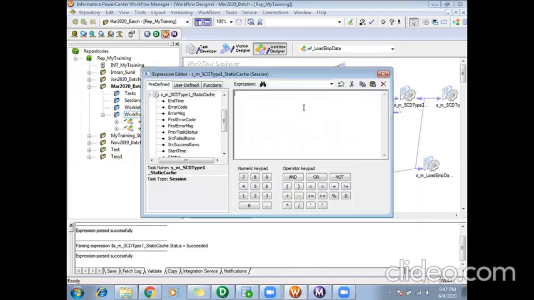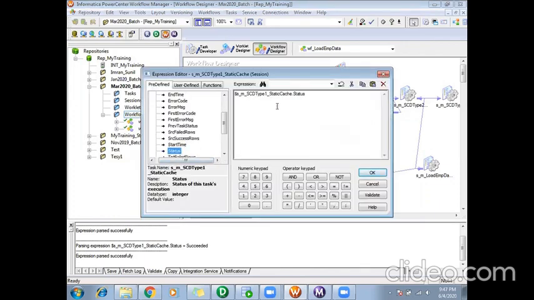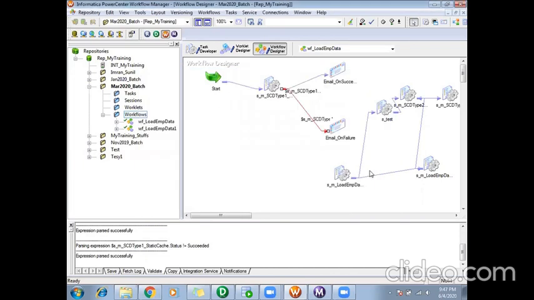I want to send a failure notification email to the support team if my session has failed, so I'll say status is not equal to succeeded. So this failure email task will be triggered only when the session fails, and the success email task only when the session succeeds. Like this, you can configure your workflow to send emails.